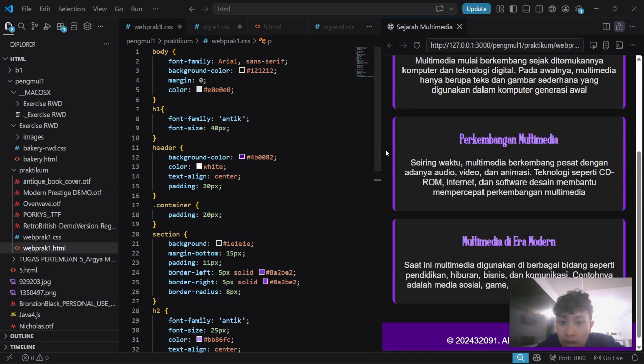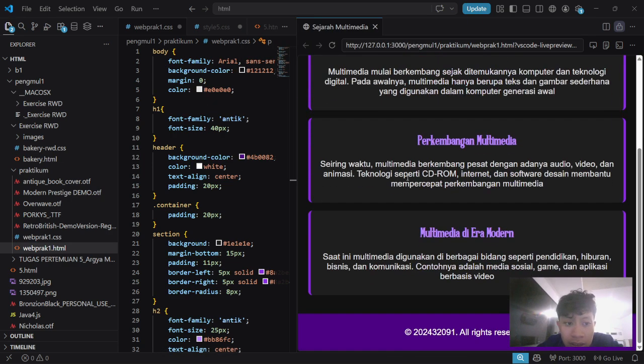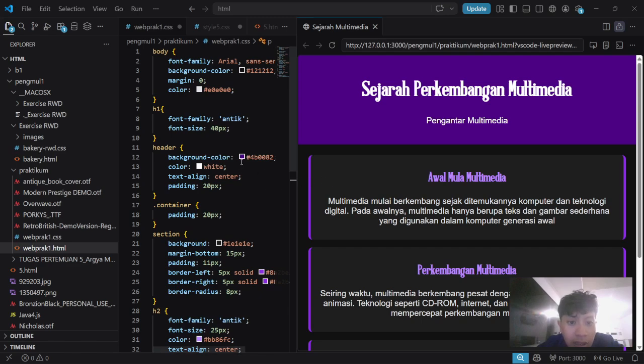Here we can see that I use a background color for the header, with color white, text align center, and some padding for space of around 20 pixels.